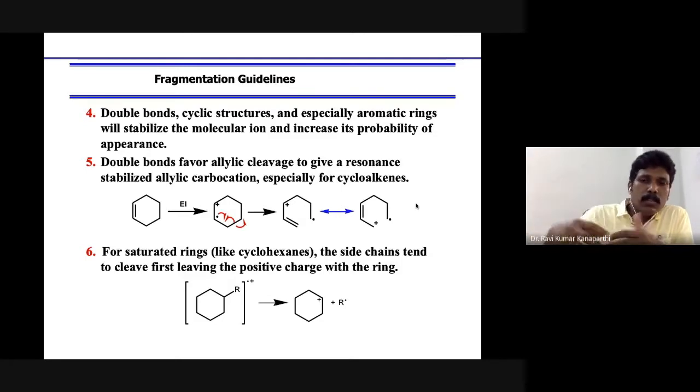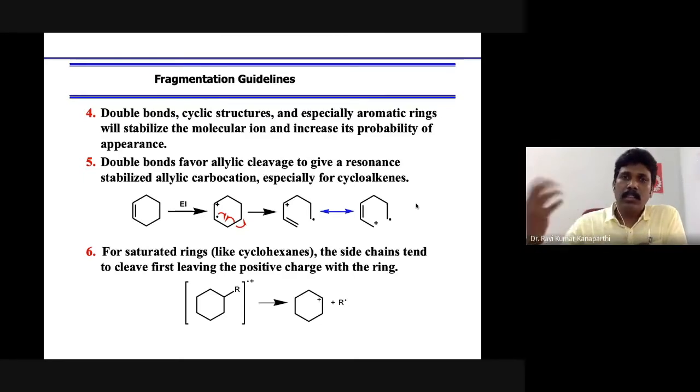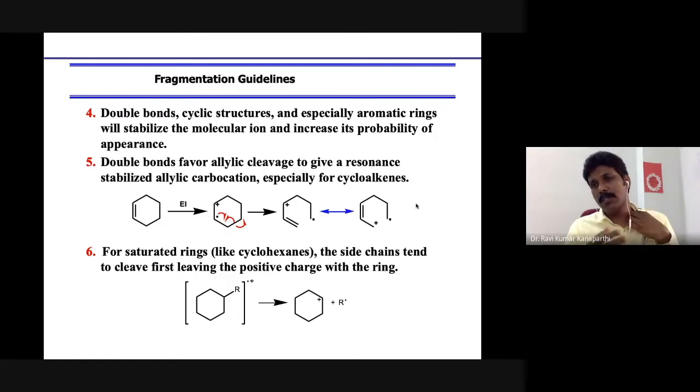Because the reverse is also possible, as I told you in the case of NMR also, you will be given data and then you try to deduce the structure. Suppose the structure is given, what are the general fragments that are feasible out of it, that also you are supposed to know, right? For example, you will be given a molecule and asked what fragments you would expect. So forward and reverse analysis, both are important with regard to NMR and mass. Both ways you should keep these principles.